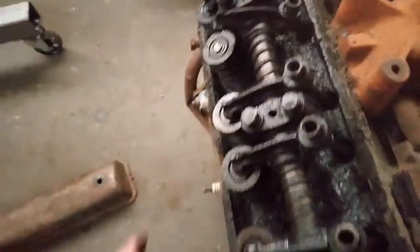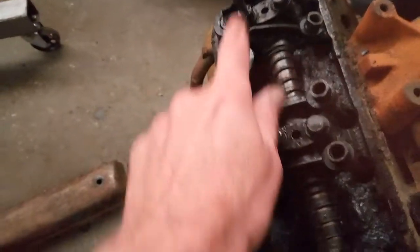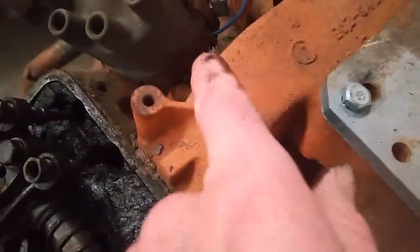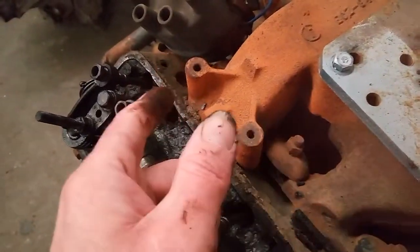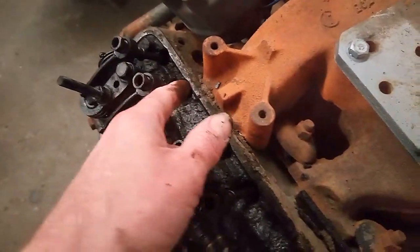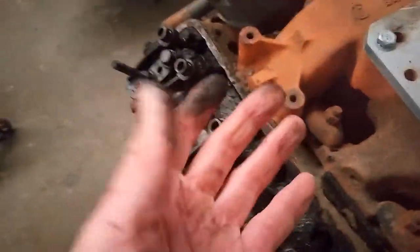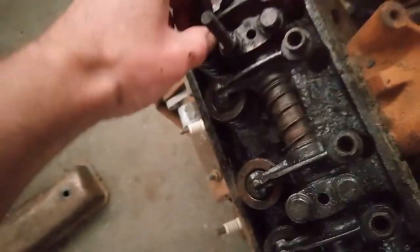The guy I got this from said number 4 back here had a problem. Well, I know what the problem was now. Kind of missing a push rod there. Hopefully, it's laying down in the valley there, and it hasn't mangled up and twisted up and caught around in there. Hopefully, she just spit it and it went down into the valley. Anyway, or that's the reason it's locked up. That push rod has gone in there and wound itself around something. I don't know. It's all a mystery right now. But I think